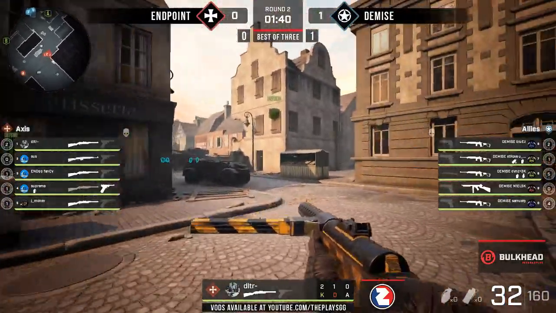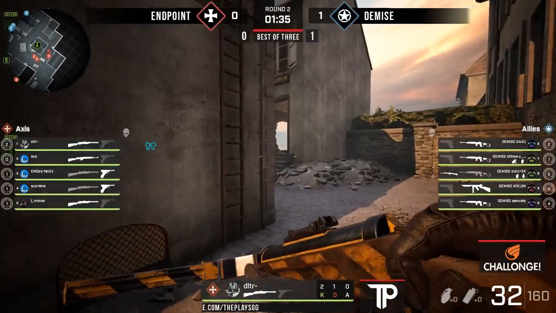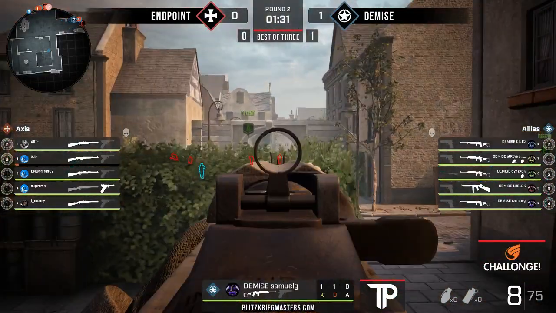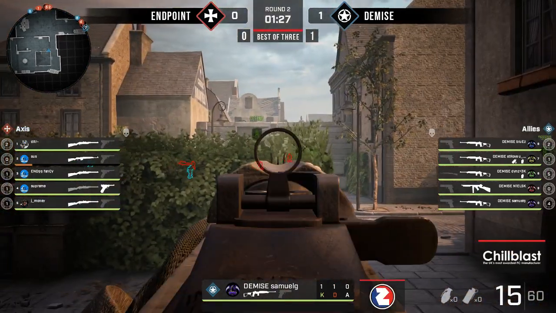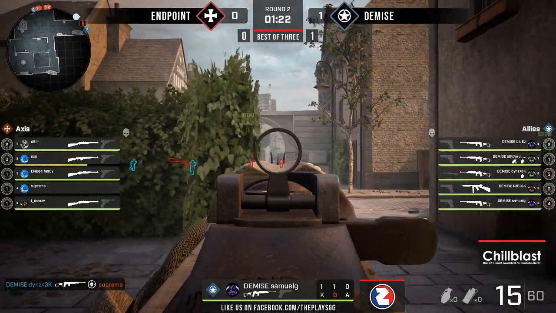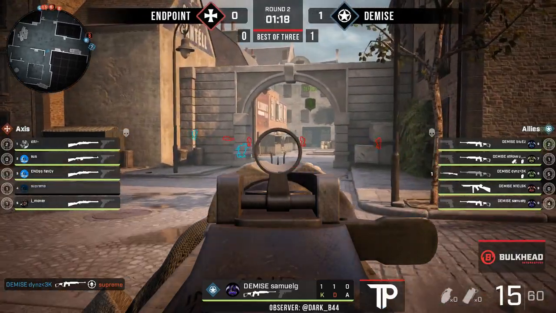And now with the 1-0 lead, DEMISE are going to be on a pretty good buy. The Allies, they do well if they win round number 1. We already see a Tommy gun coming in, and they could have 3 more. But they decided to stick with the carbines into this. They want to give the Axis a fair chance. With a couple of popcorn rifles actually in play, with only Sus to be rocking the Gewehr